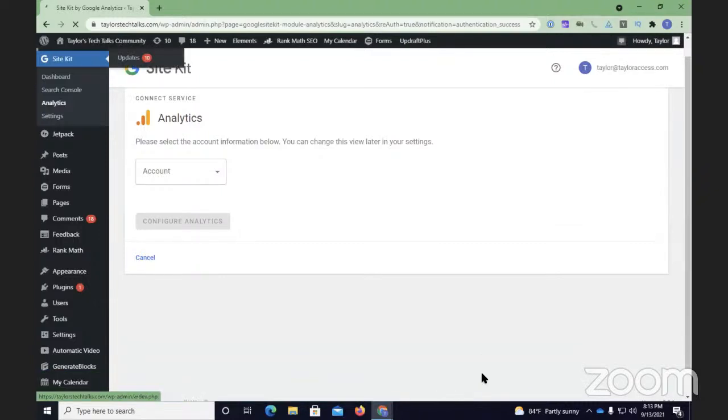So now I need to select the account information that I want to use. So Google Analytics is split up into properties and accounts. And again, I'm not going to go into Google Analytics because that could be a whole course in itself. However, I will recommend some resources that you can check out if you're interested in learning more about Google Analytics. But the purpose of this teardown is not to share Google Analytics data, but to show how it's supposed to be set up on WordPress.